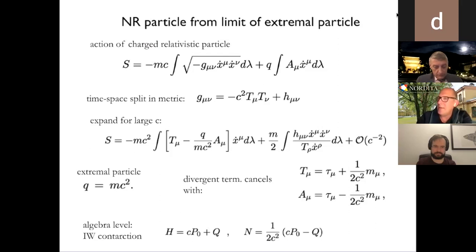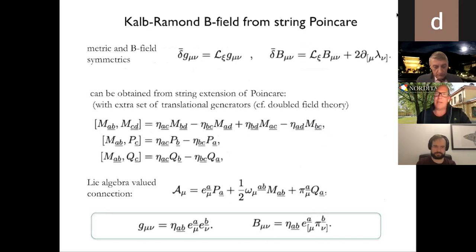So essentially you're getting here the Bargmann algebra from a contraction of the Poincaré algebra times a U(1), where the U(1) comes from the charge. Now, this sounds all maybe very trivial because I think many people have shown you, but in string theory, if you take into account the B field, you can find a very analogous setup, and that will give rise to the novel geometry that we found.